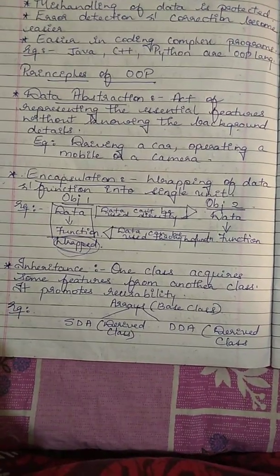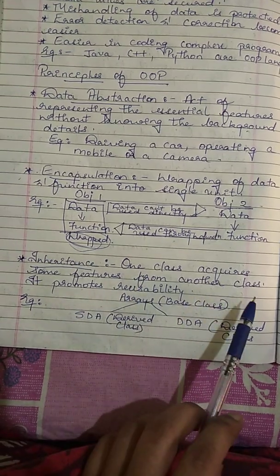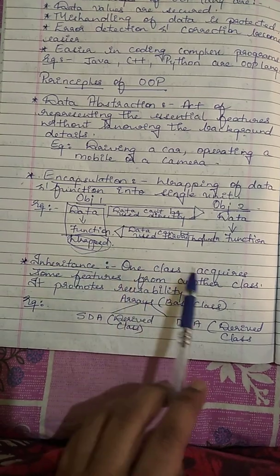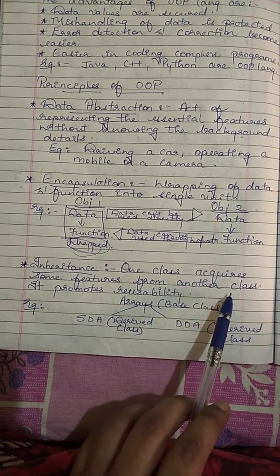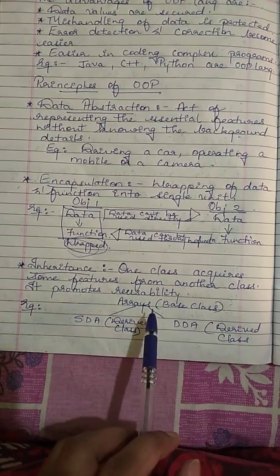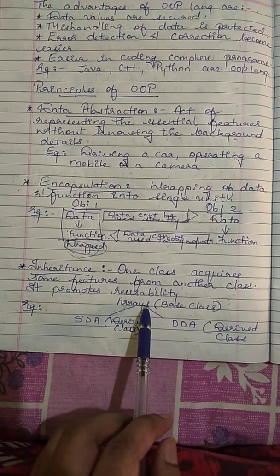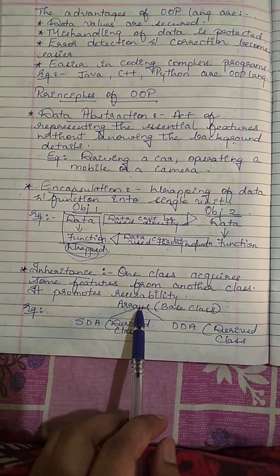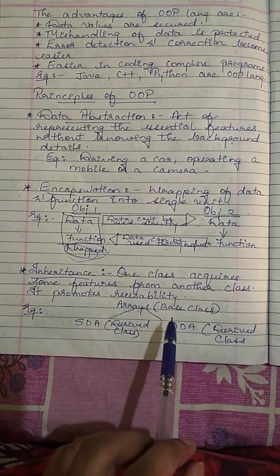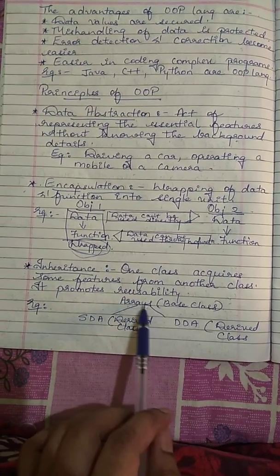Next comes inheritance. Inheritance says that one class is acquiring some features from another class. It promotes reusability. Now for example, I have taken one class over here as arrays. What is arrays? Arrays is a type of data type. Which data type? Whether it is a primitive data type or a non-primitive data type, it is a non-primitive data type. Okay, arrays